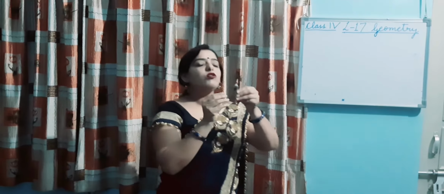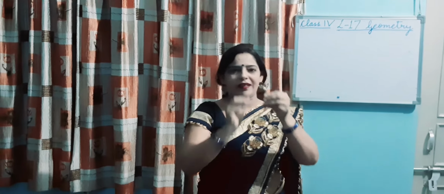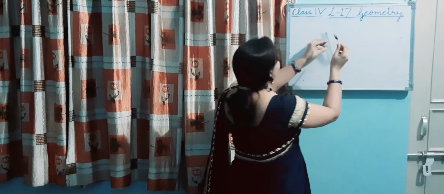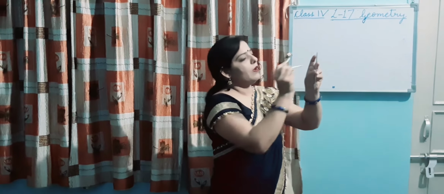In the compass, what you need to do is insert a pencil in your compass. This is the tip of the compass. First of all, you have to decide the opening. How to decide this opening? The opening depends upon the radius. When I give you a circle to draw, I will give you the measurement of the radius. If I say the radius is 5 centimeter, you need to take your scale and open the compass 5 centimeter by measuring from your scale.